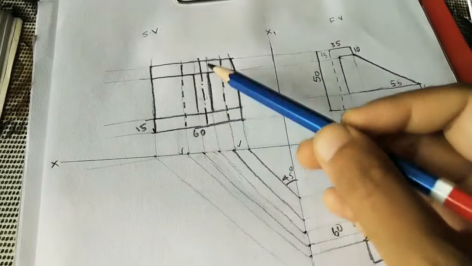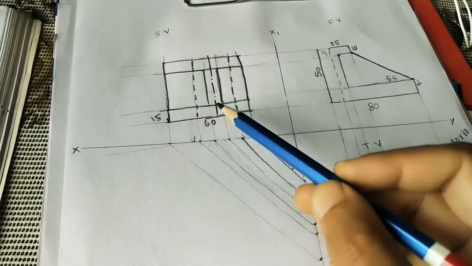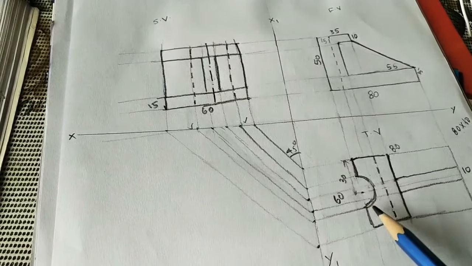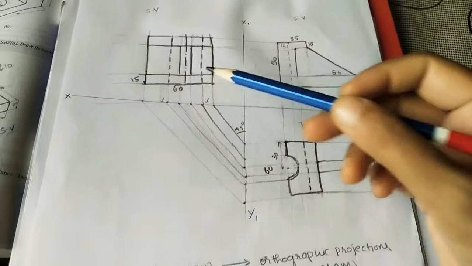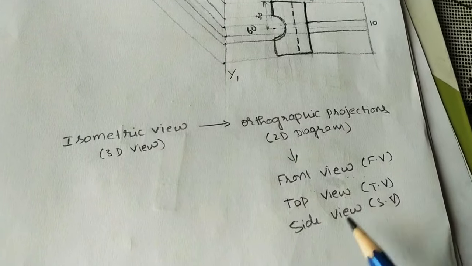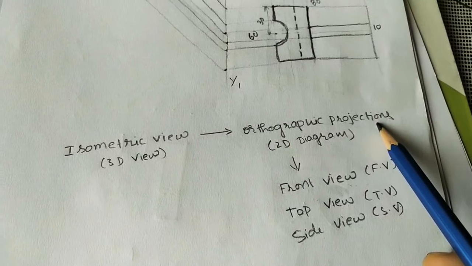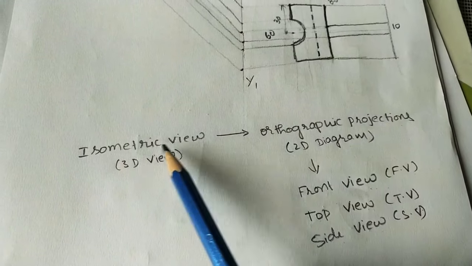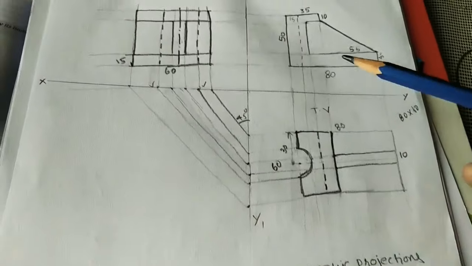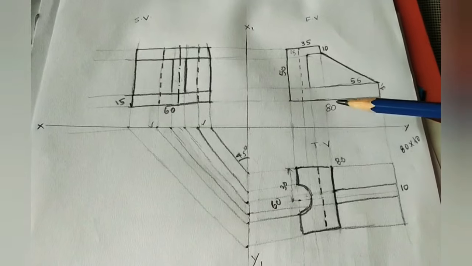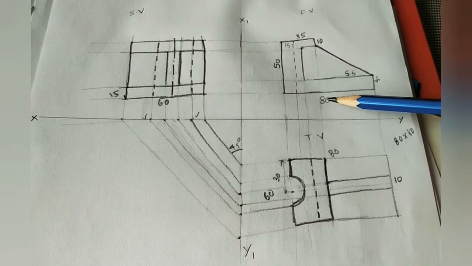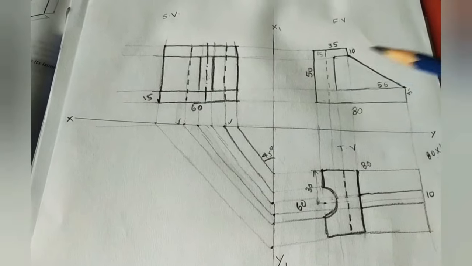Okay, if the axis is not there, we can assume by seeing this that it has a rectangular hole. These are the three views, front view, top view and side view, in the orthographic projection. So we have converted this 3D diagram or isometric view into orthographic view. Here we did it without using the drawing instruments. By using drawing instruments and correct measurements of the dimensions we have to do all three diagrams.